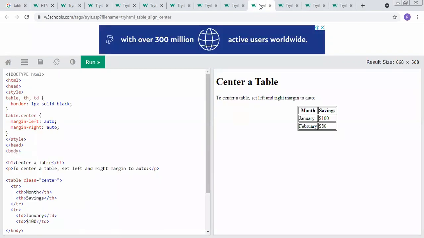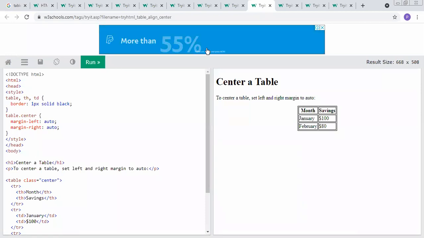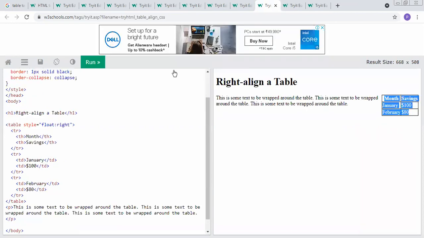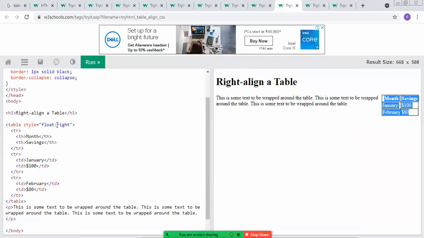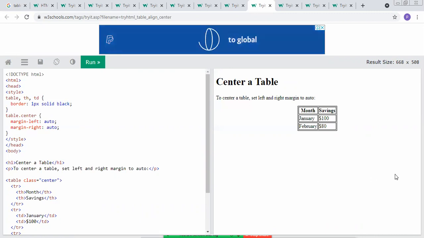Next, if you want to give the alignment as a center, then with the help of this, we have to consider the center alignment.